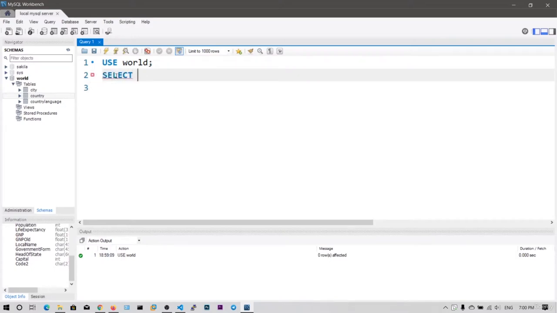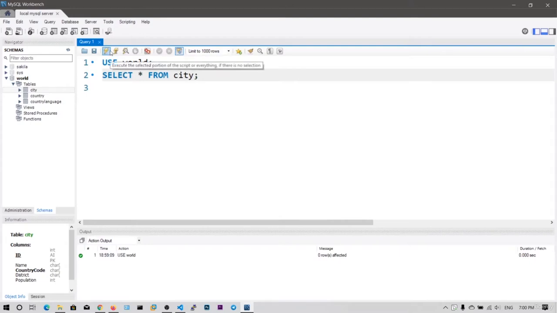This is very important. What we want to do is select star, in the sense of all the columns, and we need to say from. You select the table you want to display from, let's say city. Like in C++ programming languages, where every line ends with a semicolon, in SQL you can also end with a semicolon. In modern SQL syntaxes, even if you do not put a semicolon, the SQL command gets executed, but it's best practice to put the semicolon. Now if I click on this thunder icon,